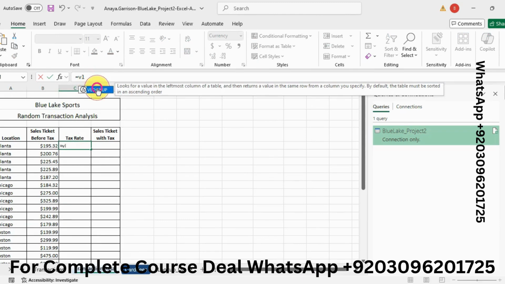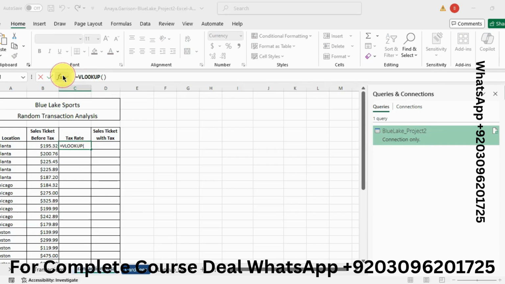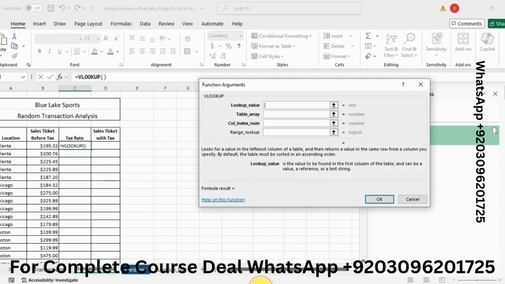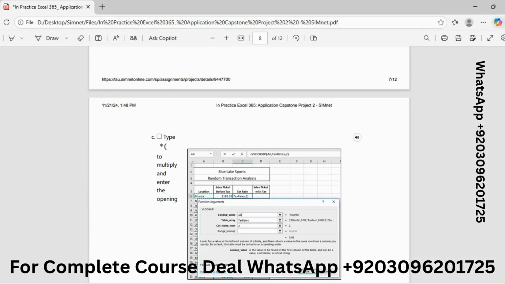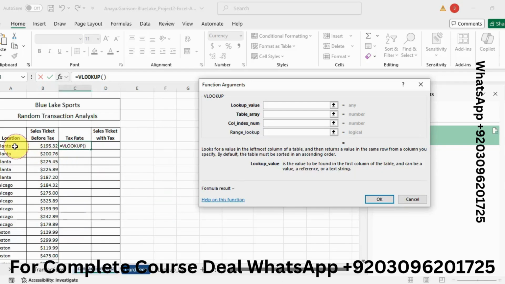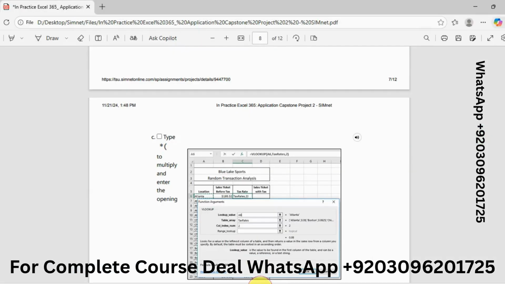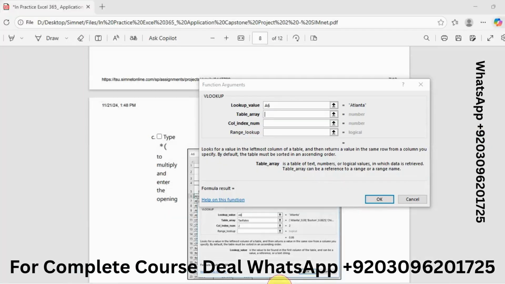VLOOKUP, double click on it and now here in function arguments, lookup value is A6 and table array is text rates.